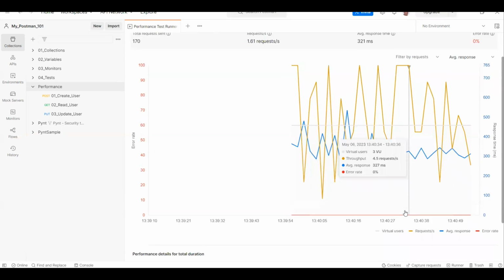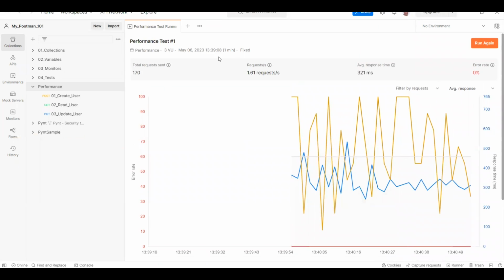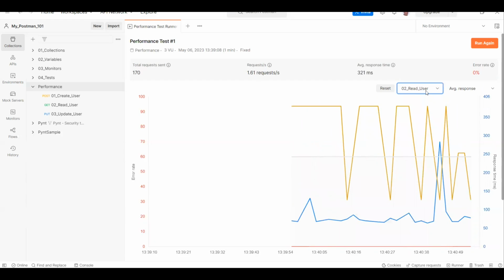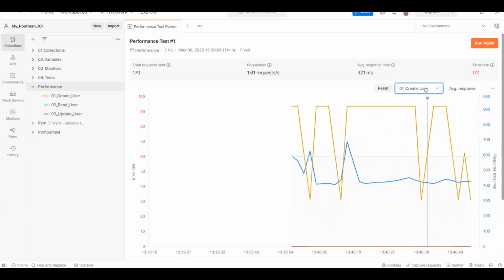So totally it executed 170 requests in the 1 minute. The request per second is 1.61. And this is the average time. There are no errors. And here you can also have some filters, like by request level. So this is a particular request and this is a particular request. You can see all the request level